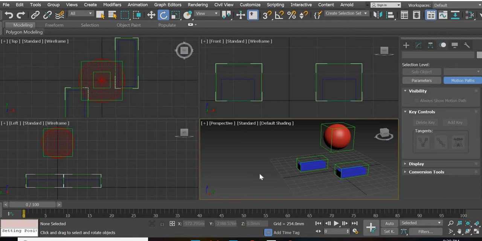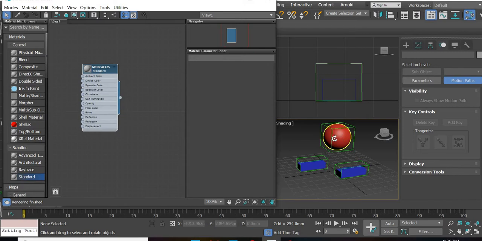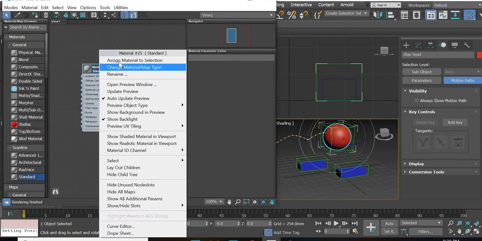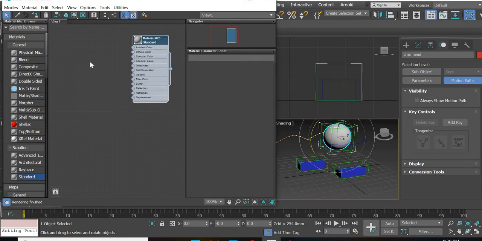Now we will look at how to add texture map for the face and then animate the texture map so the character can blink. What we are going to do is open material editor by hitting the M key, and we'll drag a standard material, assign that material to the character face, and drag the diffuse,